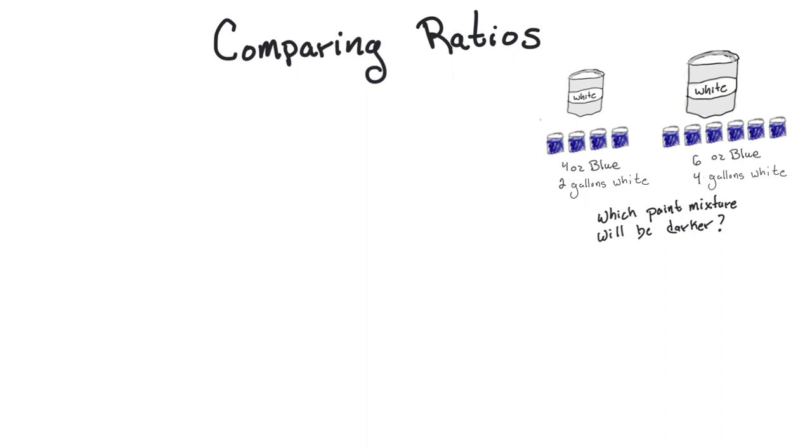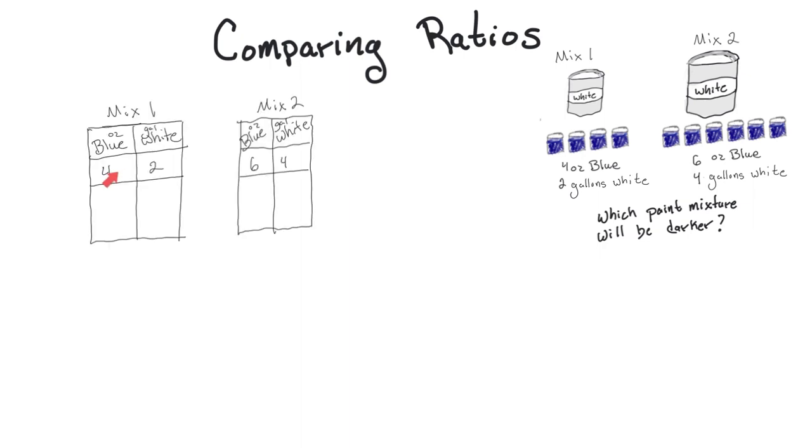And what I'm going to be looking for is which paint mixture is going to be darker when I mix them all together. So I'm going to label this first one mixture 1 and the second one mixture 2, just so that I can keep track of it. And I'm going to write down their ratios in a ratio table. Now, right now when I look at these, I don't really have a good idea. It's hard to decide which one's going to be darker because I don't really have a good understanding of what